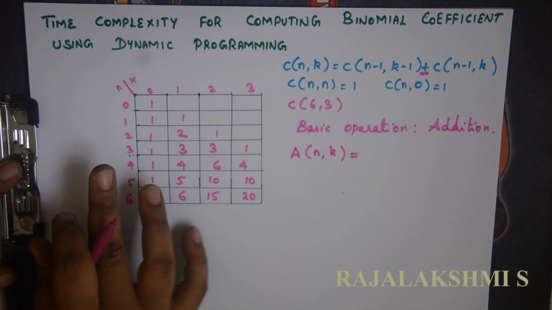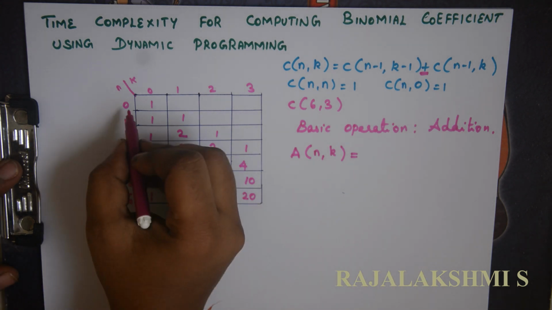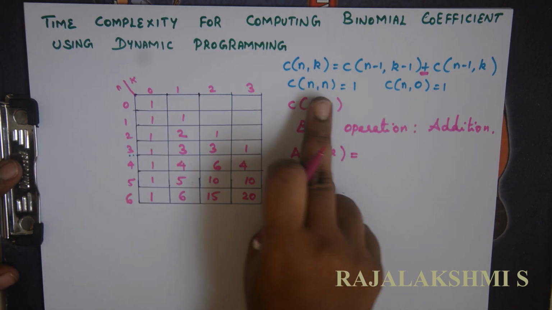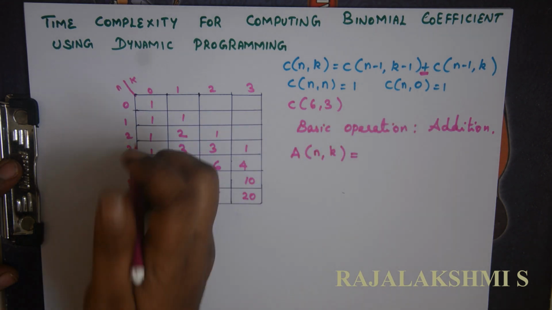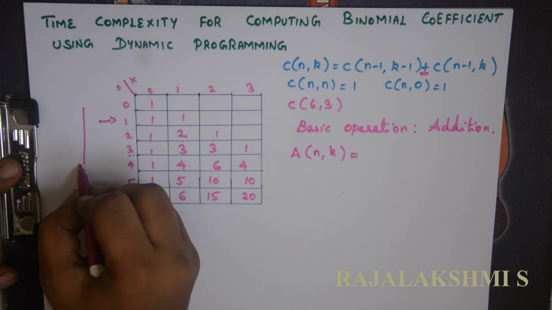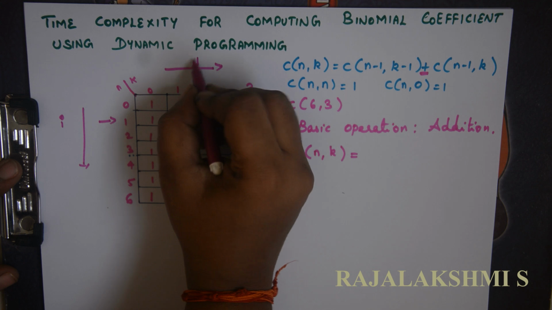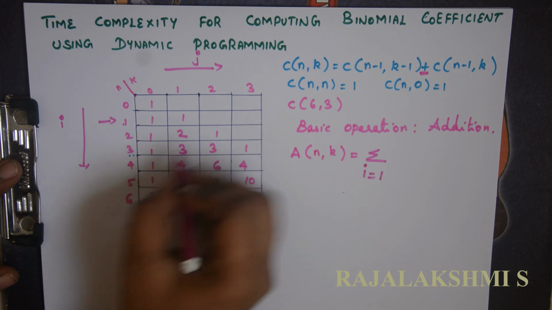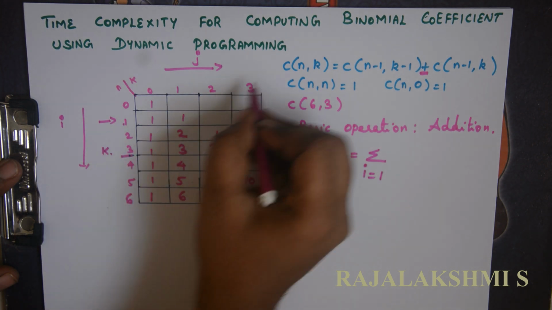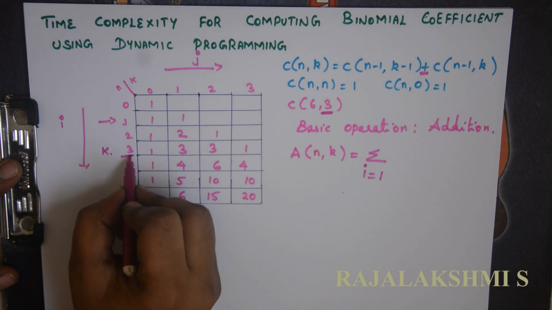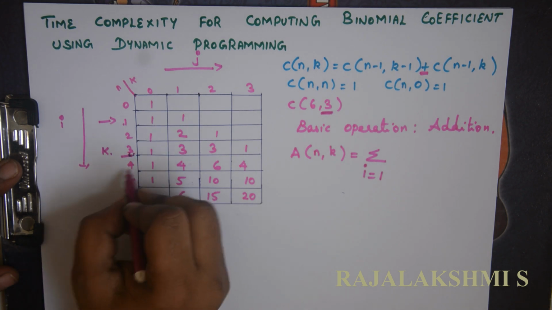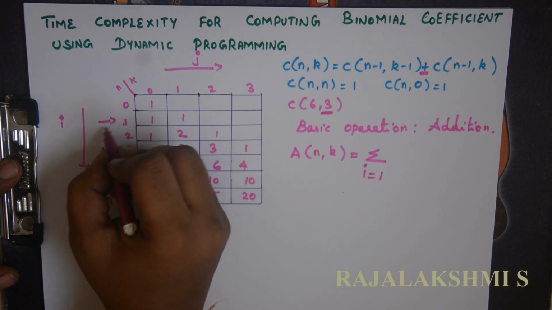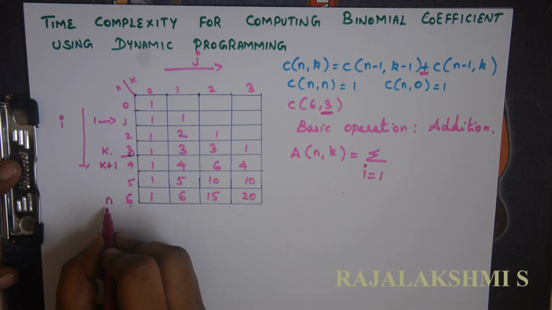So we have to replace every for loop with a summation. Actually we will be computing from 0 to 6, right? We will have the base cases of simple assignment. Let me take this as i and this as j. Summation when i is equal to 1 to k, because I had taken k is equal to 3. So this is our k, k is equal to 3, and this 4 we will represent in terms of k plus 1 and this 6 is n. So it is 1 to k, k plus 1 to n, right?